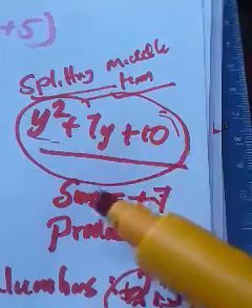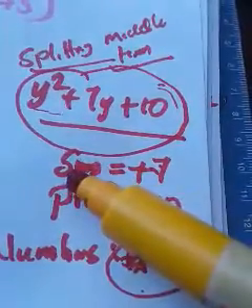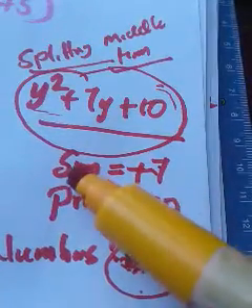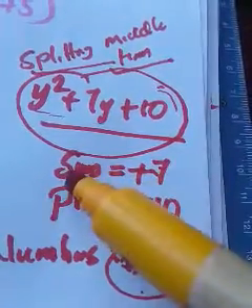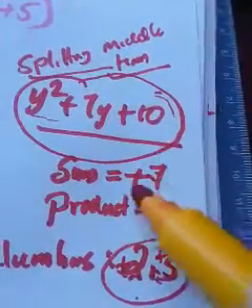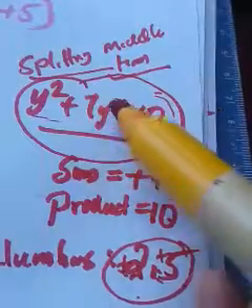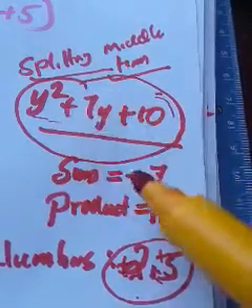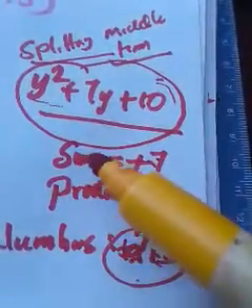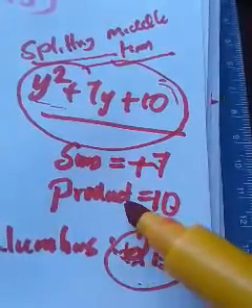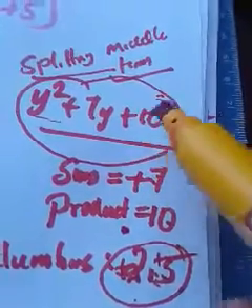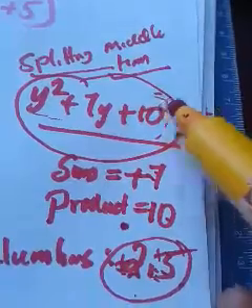So be alert. And just below that, I have written it as sum and product, and straight to the sum, I wrote 7. From where did this 7 come? You just consider the middle term and write the coefficient 7, with its sign, plus 7. Then just below sum you are supposed to write product. What you are supposed to write? Straight to the product. Here product is equal to the last number, which is 10.